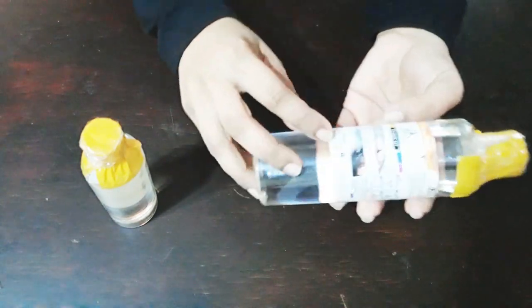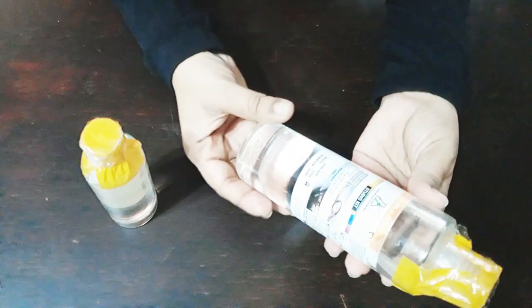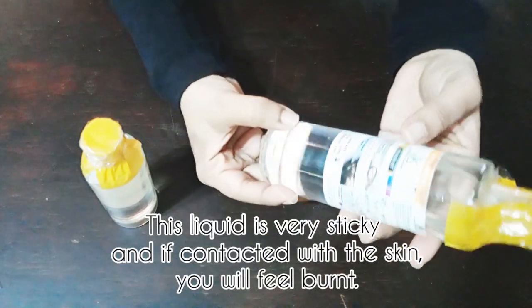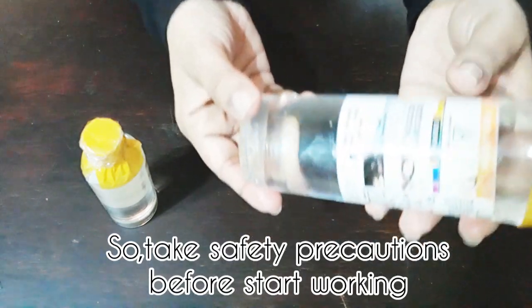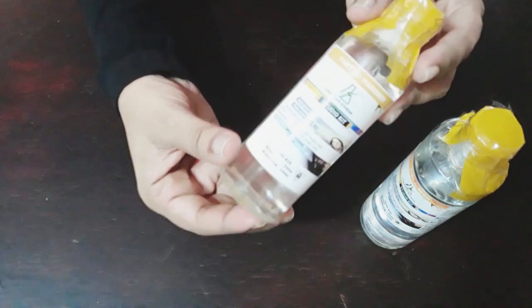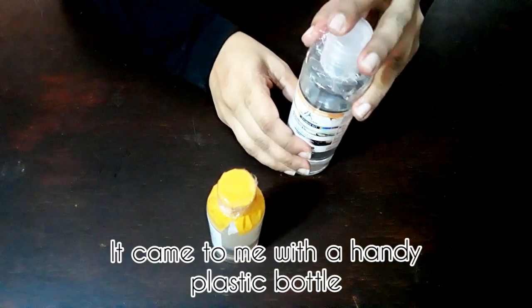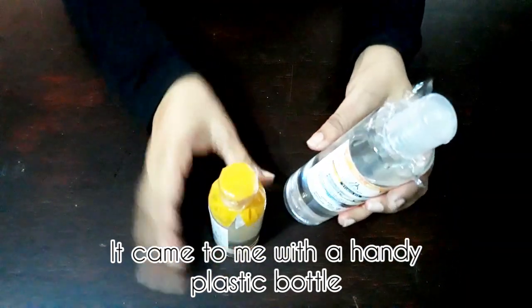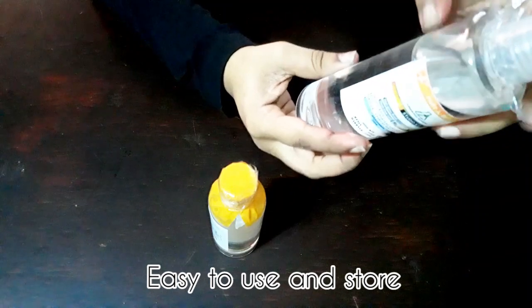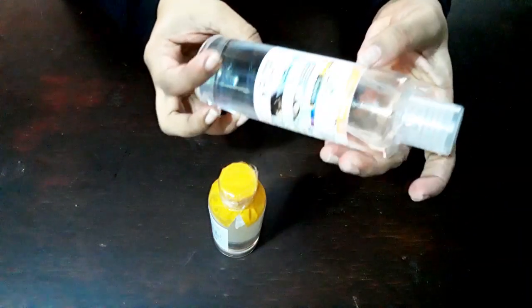The main and most important material for resin art is resin and hardener. I bought this kit from Daraz and it was safely packed and delivered on time. I'm so happy with this purchase because it came with a handy plastic bottle and very easy to use and